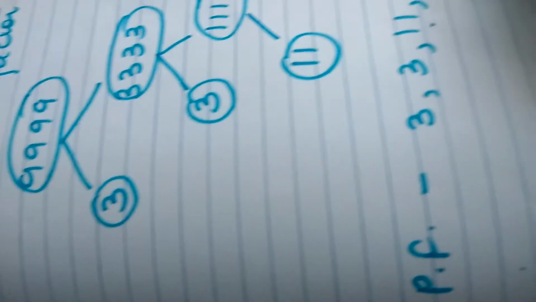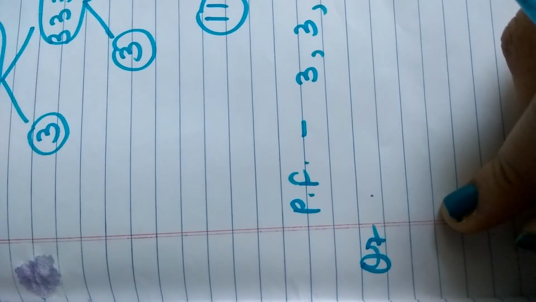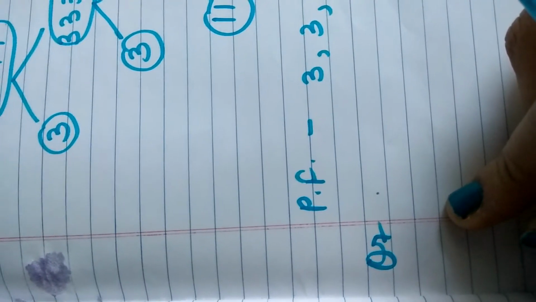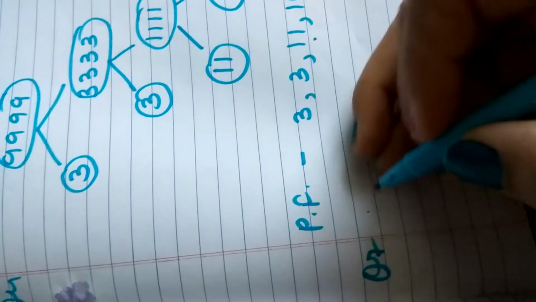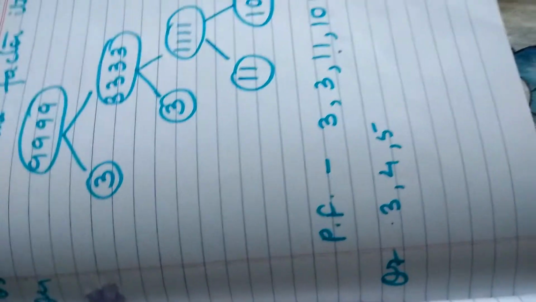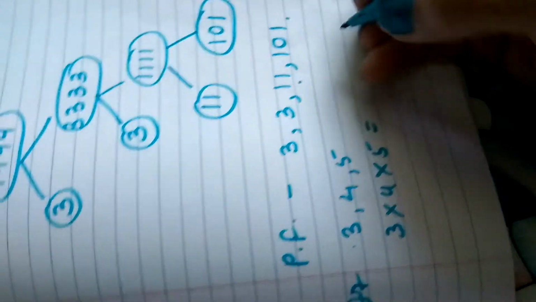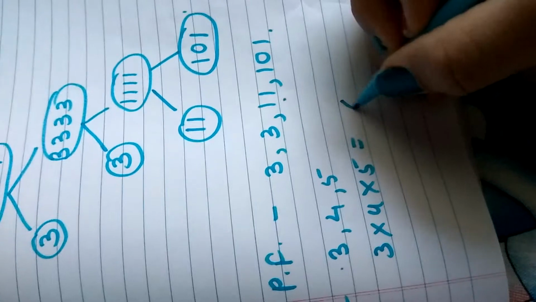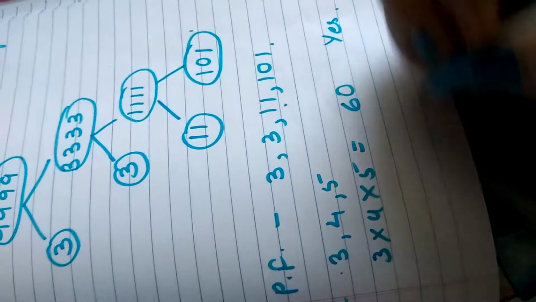So after that I am taking up question number 7. In this question it is asked, the product of 3 consecutive numbers is always divisible by 6. Verify this statement with the help of some examples. So we are going to take 3 consecutive numbers. Let them be 3, 4, 5. Consecutive numbers means numbers coming next to one another. Right? So they are in a sequence. So let's take their product. We get it as 60. And yes, 60 is divisible by 6.